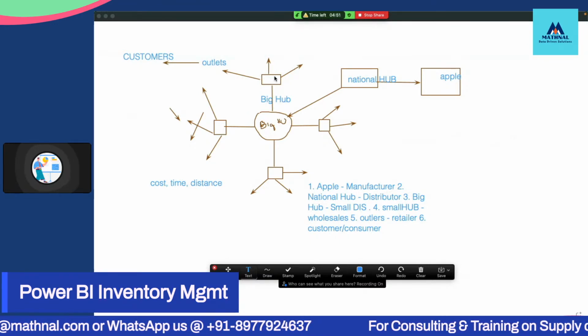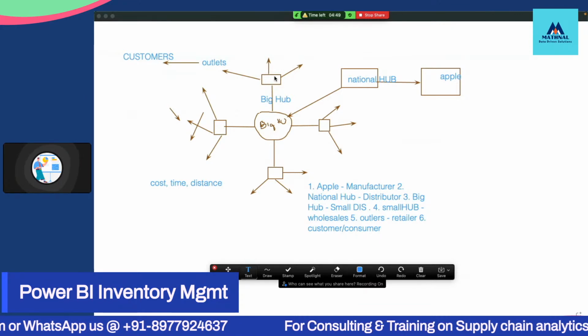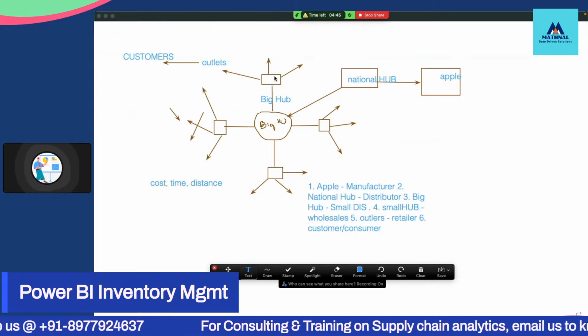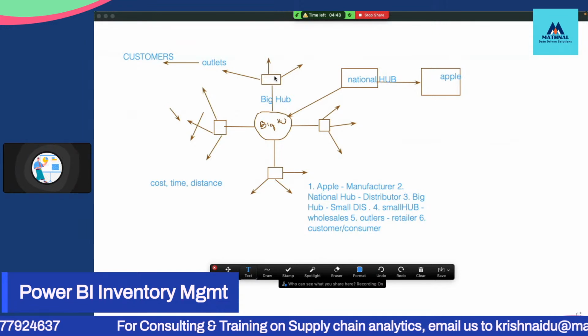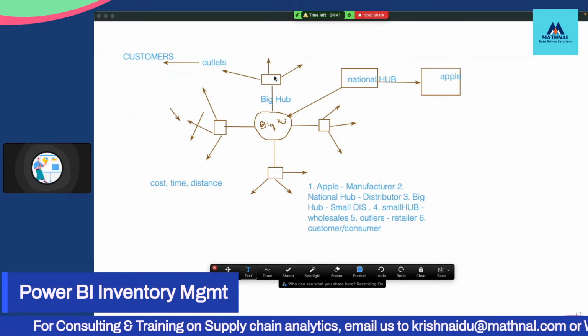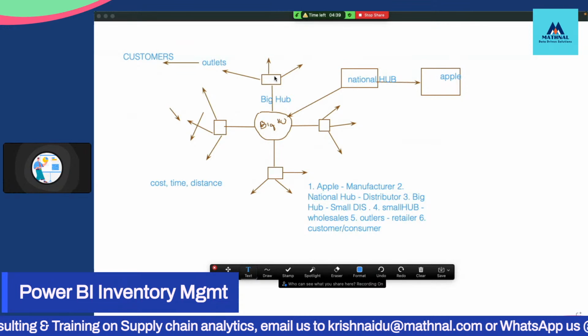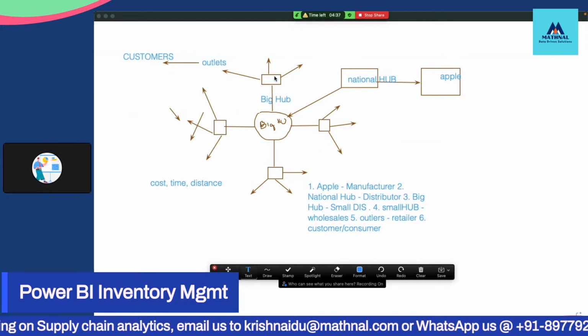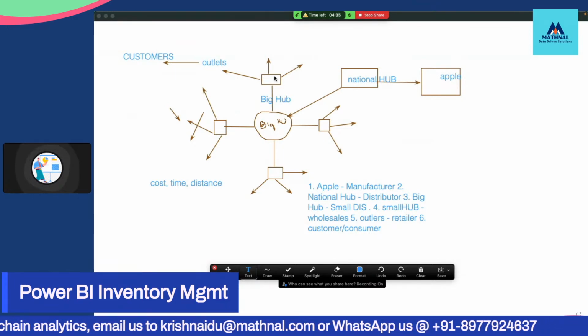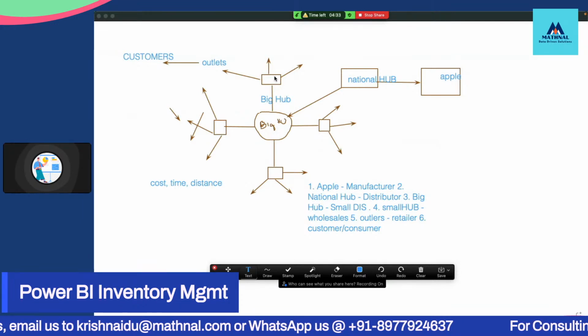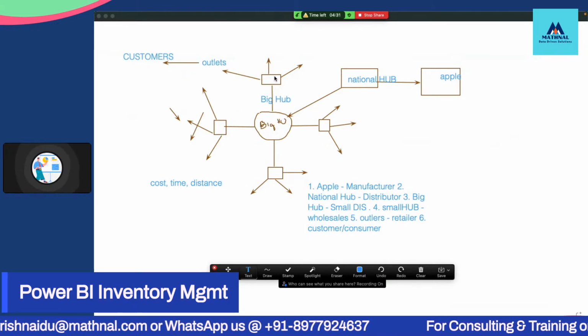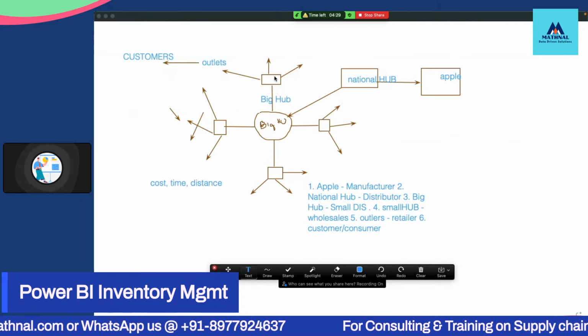Sir, I don't want to invest too much money in a very big shop. If I invest too much, I have to put in a lot of money, right? So what I will do is open a small shop of, let's say, 100 square feet. The dimensions are 100 square feet. I'll open a small shop of 100 square feet, and as soon as I finish my stock, I'll get a new stock